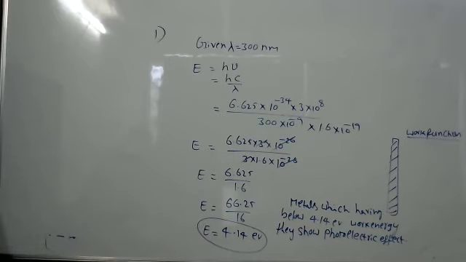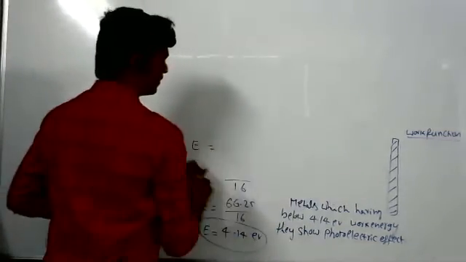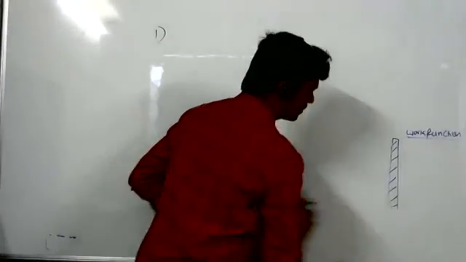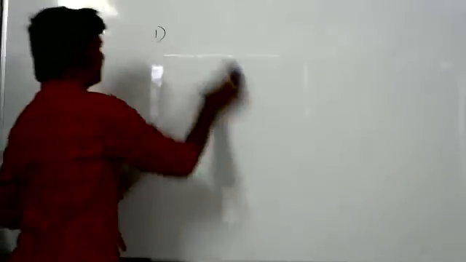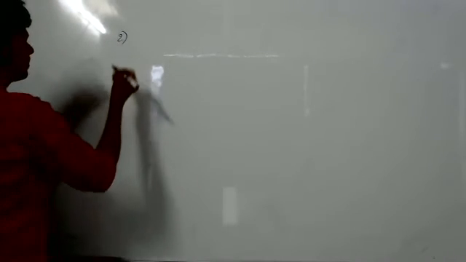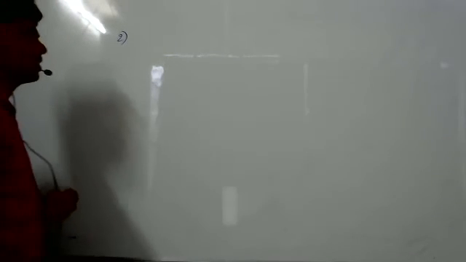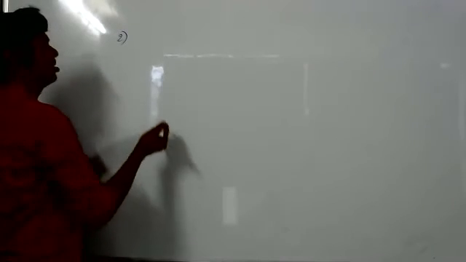Two methods are there, but we can follow any method. First method: n equal to 4 and n equal to 2. Calculate the energy of the second level and the fourth level in the helium plus ion. Sir, you can use Rydberg's formula and show the ratio also, which is equal to 1 because the wavelength is the same. Yes, you can use that formula also. So first we'll go through this method.